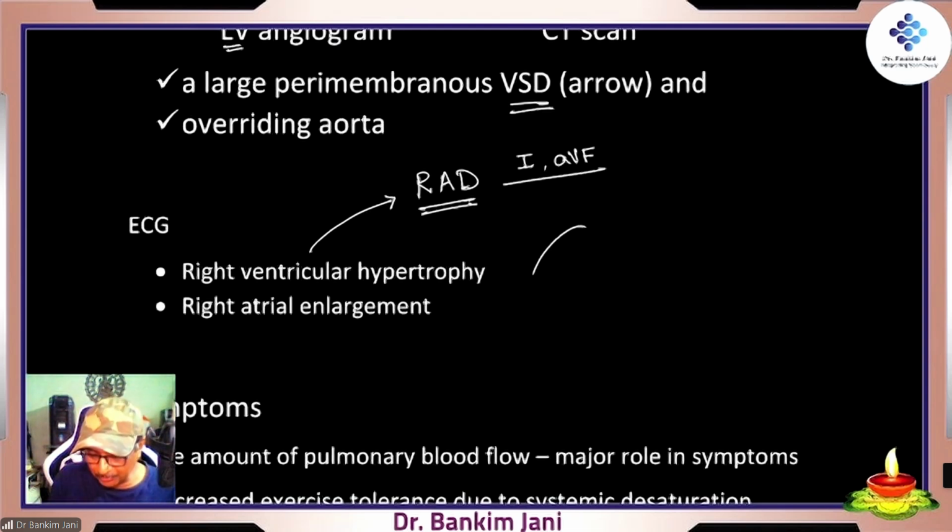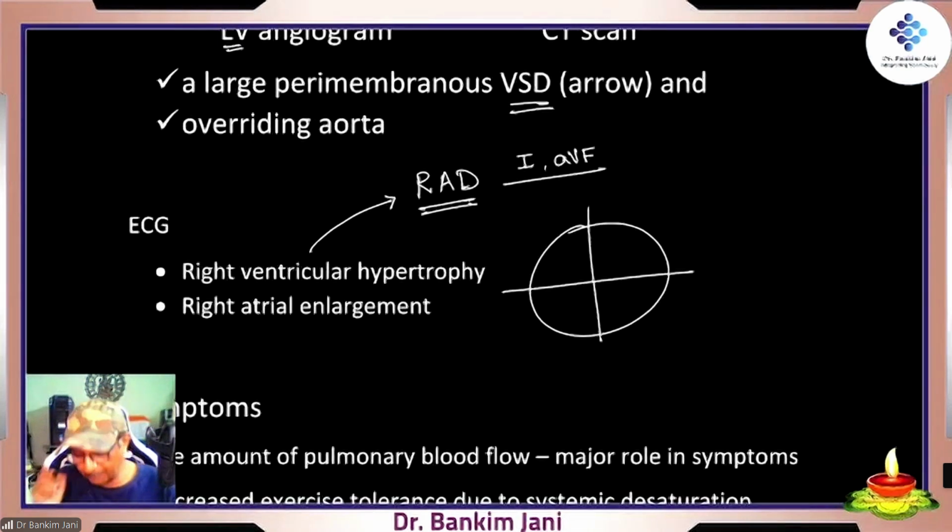We draw a circle. This is normal. This is right axis deviation. This is left axis deviation. And which leads do we have to watch? We said that we have to watch lead 1 and lead aVF. So how do we say RAD? RAD means if these both are plus plus, then it is normal. But when this lead 1,